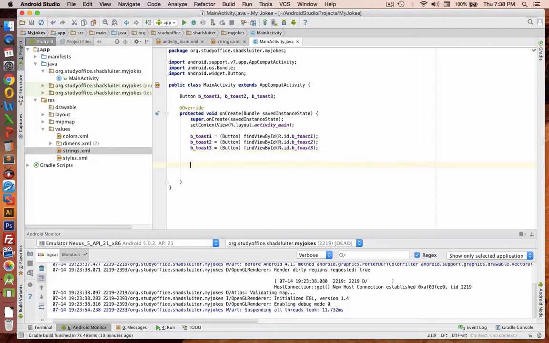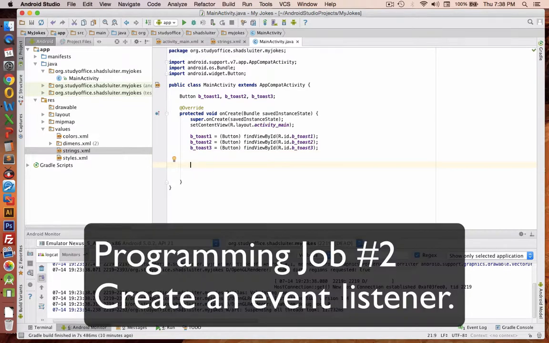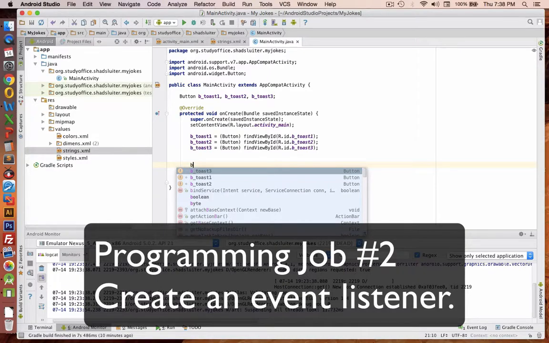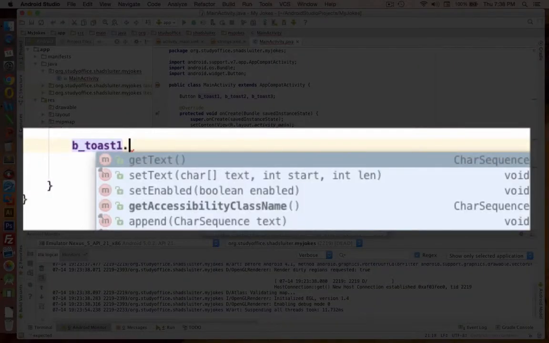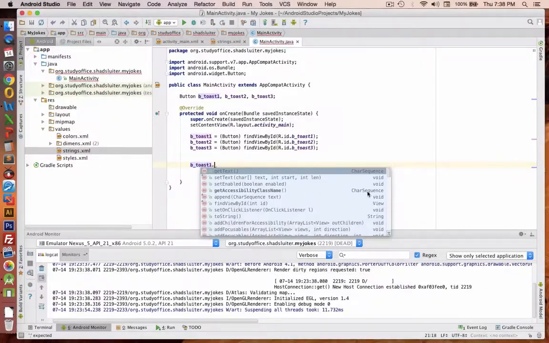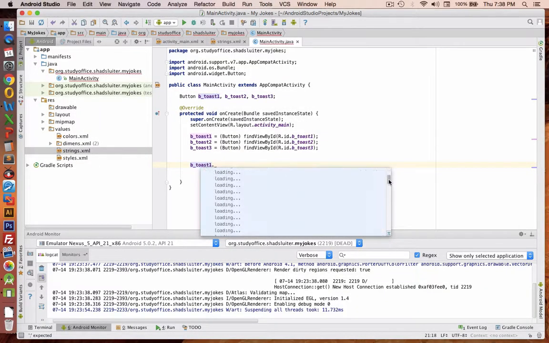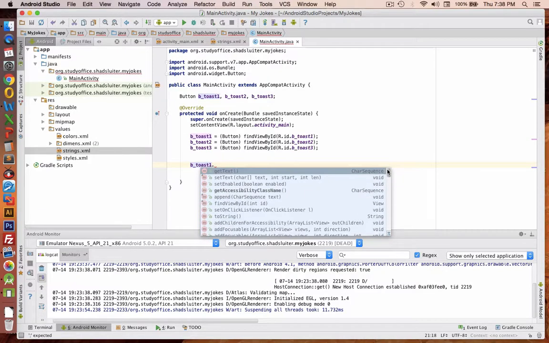The next item I have to create is called a listener. So I'm going to type in the name of the variable of the first button and put a period. Now you can see that there are lots and lots of things that Android automatically knows about buttons. And so there's this list of 100 or so objects. What we want to do is I'm going to type the word set